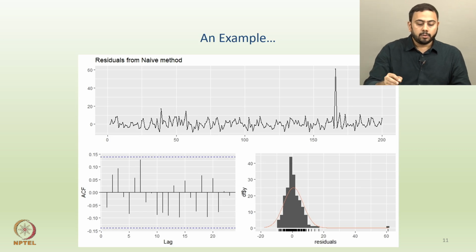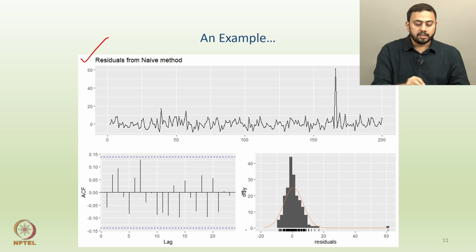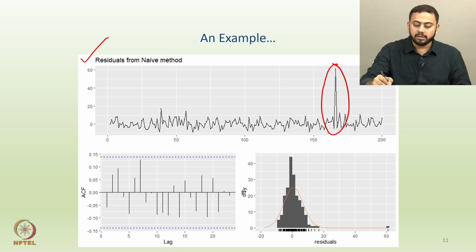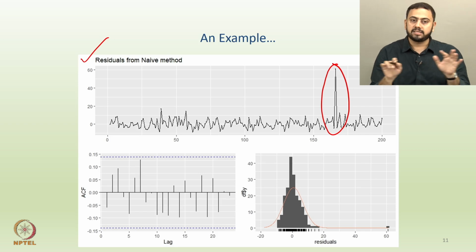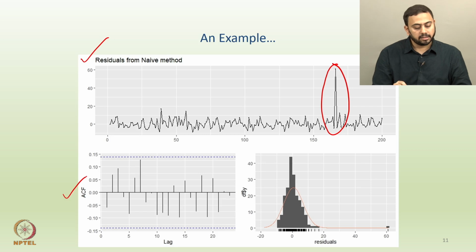By the way, here at the top you can see a simple plot of the residuals, using a naive method. This is exactly how the residuals behave. Here again you can see a sharp upward jump in the residuals. But if you ignore this jump, all the residuals resemble a stationary series. And if you draw the ACF plot of the residuals, all the correlations are inside the band, so the correlations are not significant.